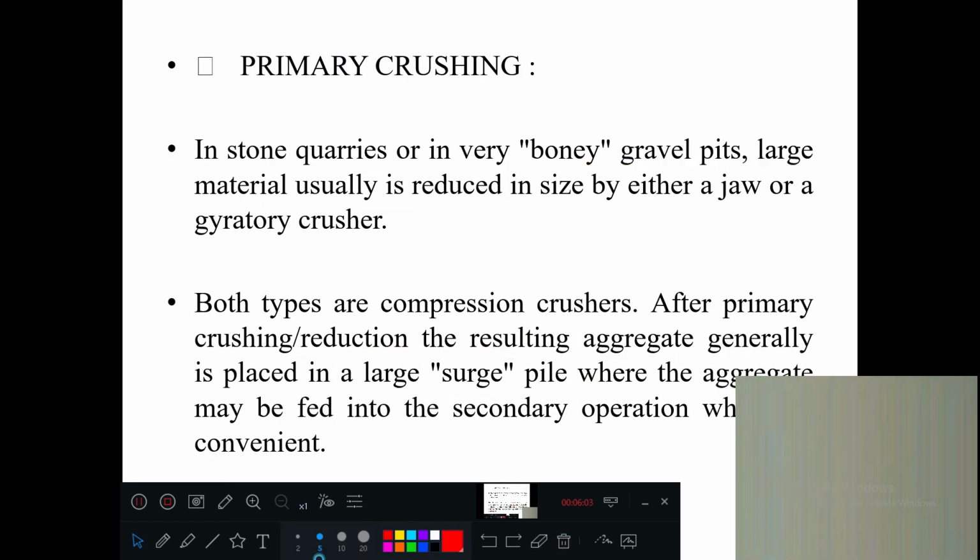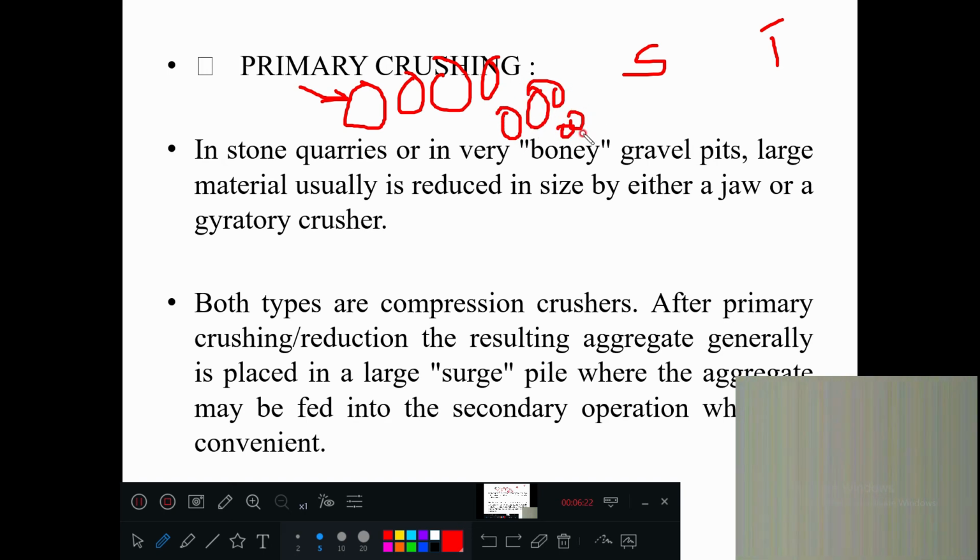Okay. So primary crushing, secondary crushing, tertiary crushing. What do you mean by this? In primary crushing, the big boulders, more than 80 mm, 100 mm, are crushed to a little bit smaller, 40, 20, like that. In secondary crushers, these are again taken to a still smaller size. Again, these are taken to another crusher, very small, very small.